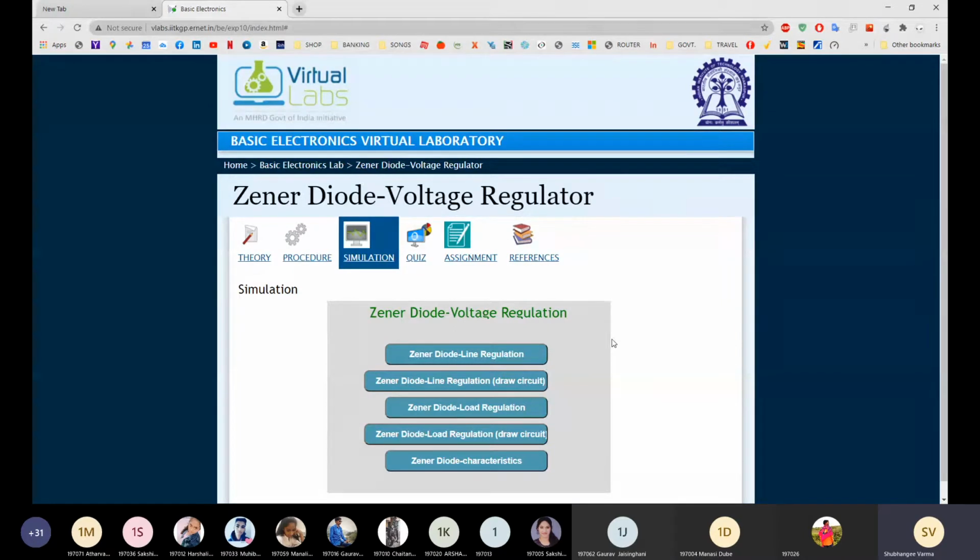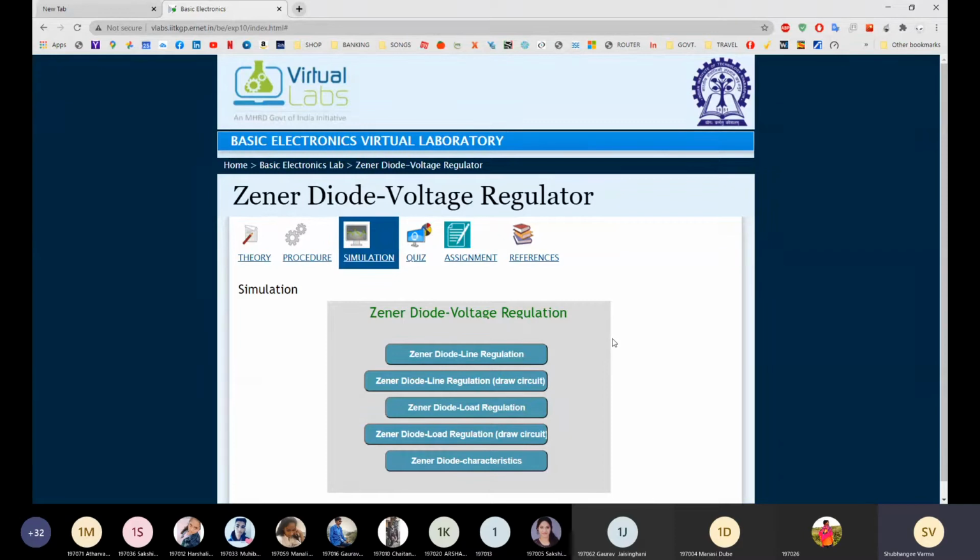I have given the example: your charger voltage should remain constant whether you're connecting a Nokia phone or a Samsung phone. That voltage should not change. Even if you change the load, your output voltage should remain constant. That is load regulation.